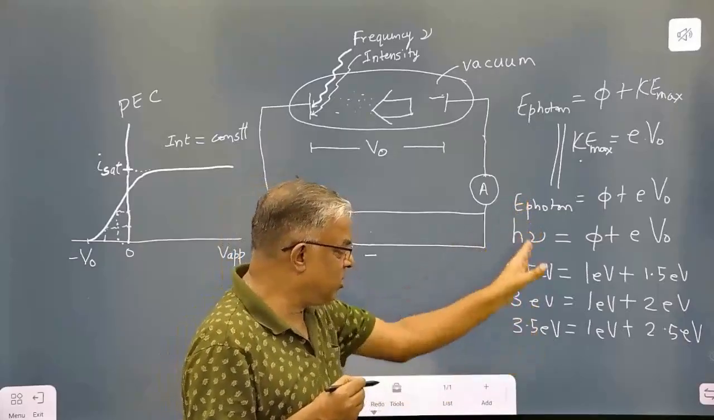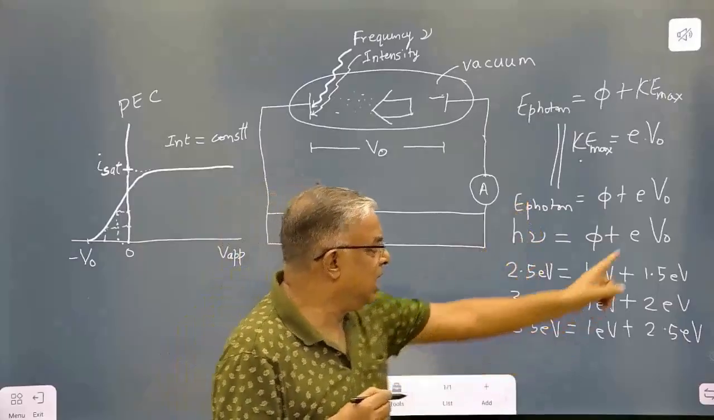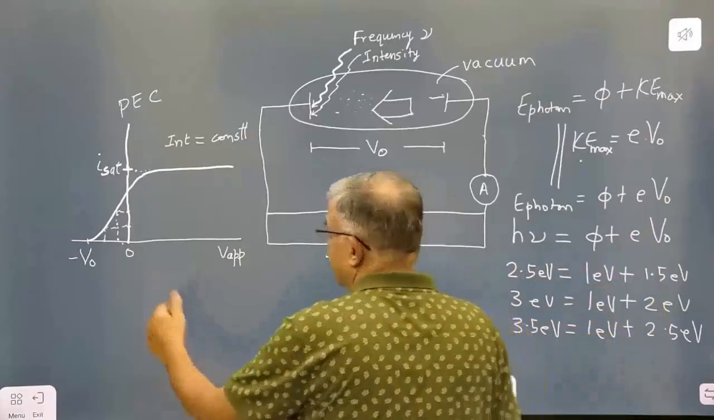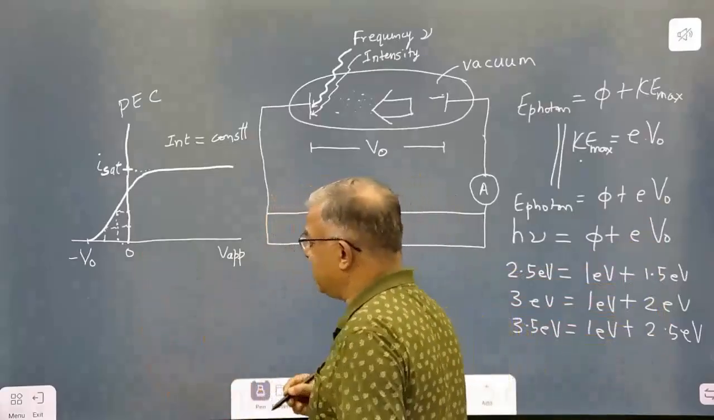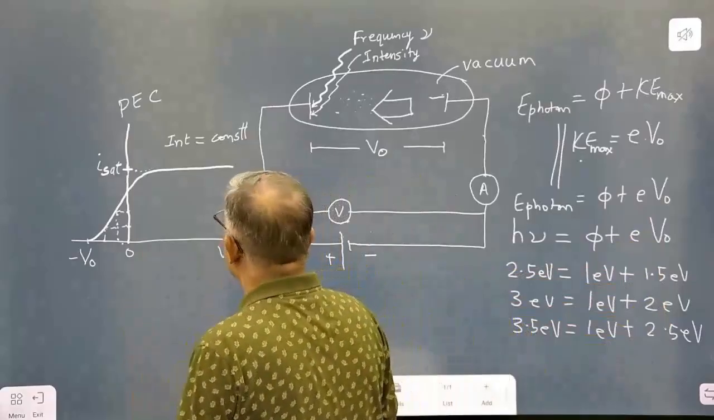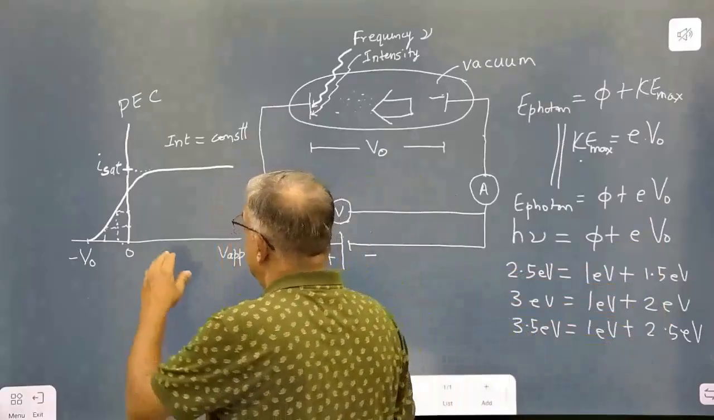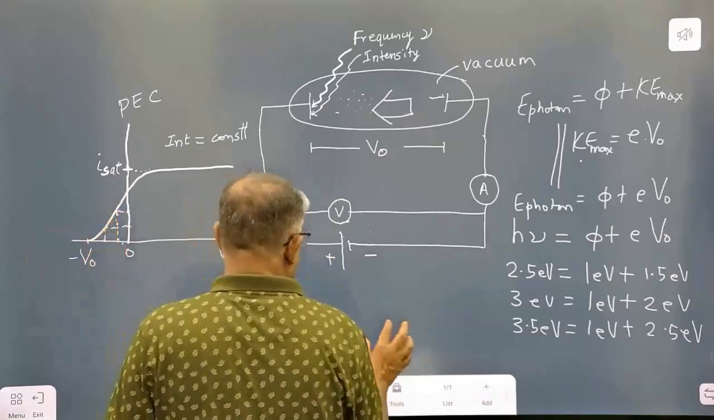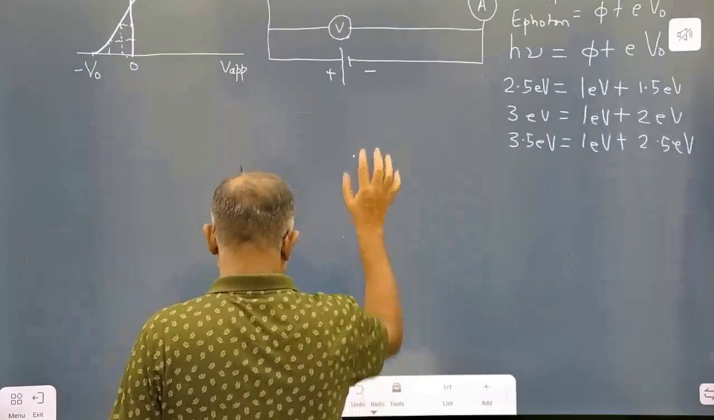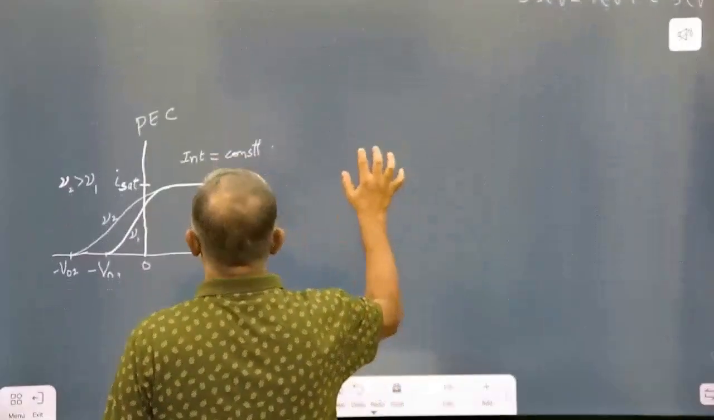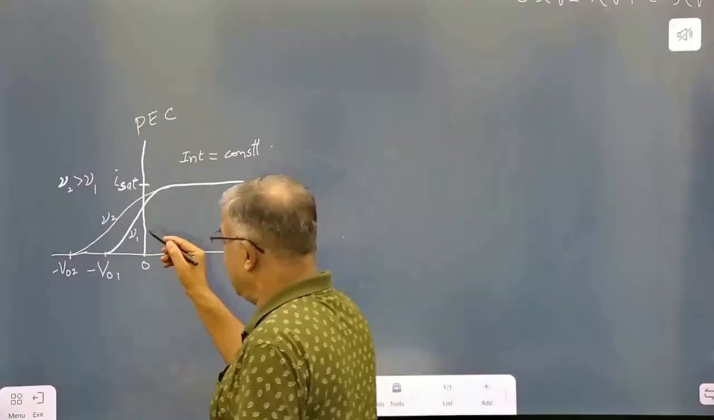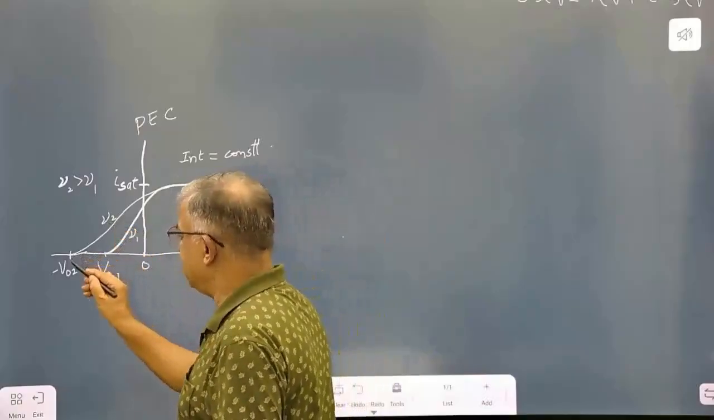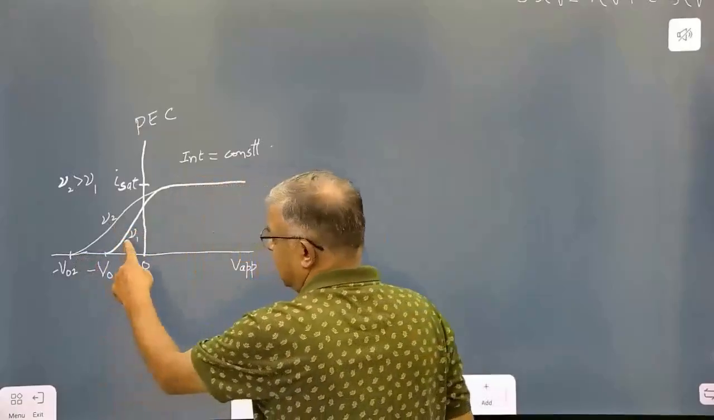So what we notice here is that if the energy of the photon, that is the frequency, is increasing, frequency of the incident light is increasing, a larger and larger stopping potential is needed. So this is what we notice in this graph, that if the energy of the photon is increased, that means if the frequency is increased, a larger stopping potential is needed, because